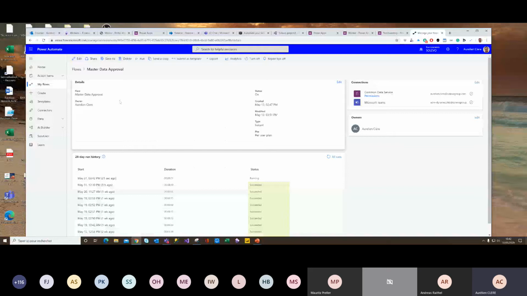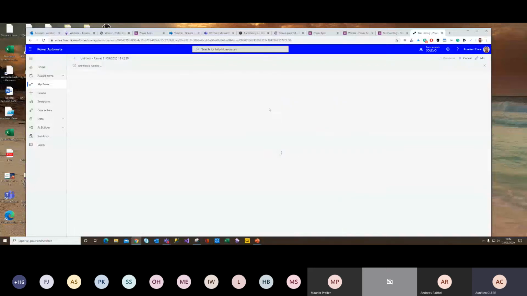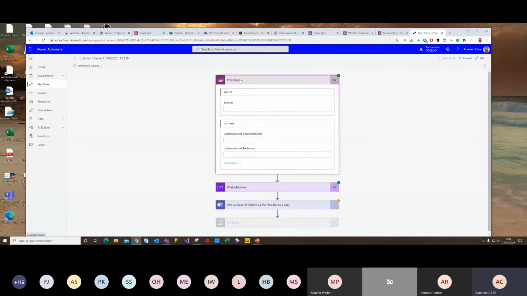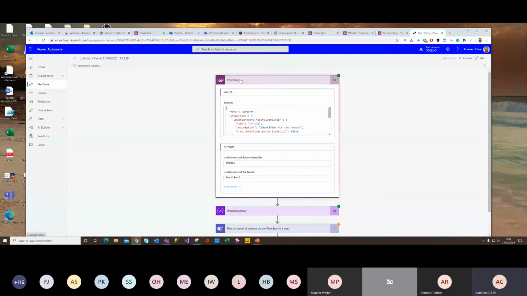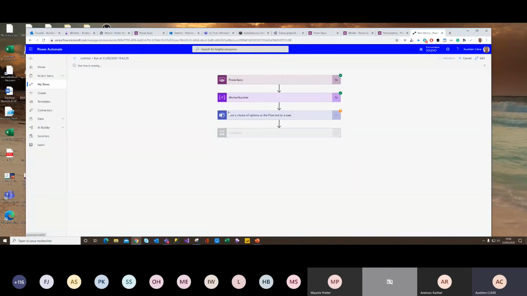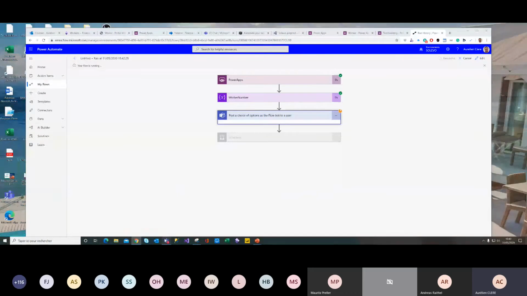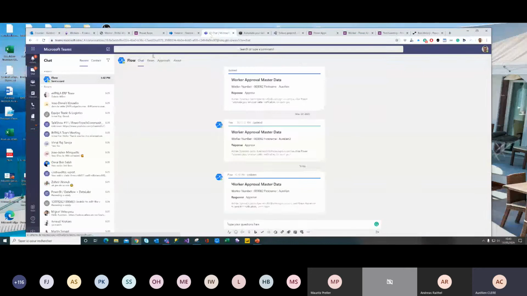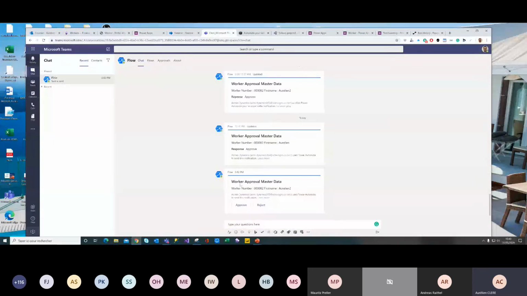It's called Master Data Approval. It's launched from the button of my Power Apps application. I ask by Teams directly if my manager is okay with the master data update. Here, as you can see, I already received a flow with the worker approval master data.